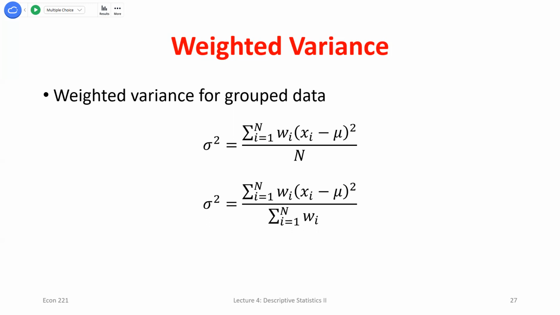And then here I've got it written out two different ways. The denominator in practice is going to be the sum of all of our weights, right? Just like the variance is the average deviation squared, the weighted variance is like the average deviation squared. So just like we had for the mean, our denominator is the sum of the weights. But one way we can write this out a little bit differently, and this helps as we're moving forward with some other group data stuff, is that the sum of my weights should be whatever the sample size was from the data I can't observe before it was grouped, right? So for instance,